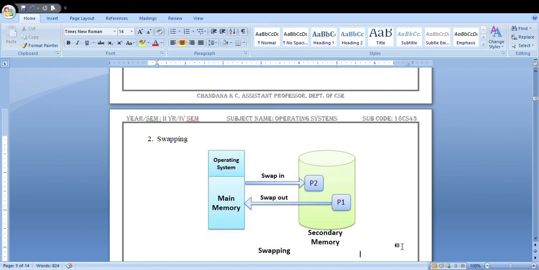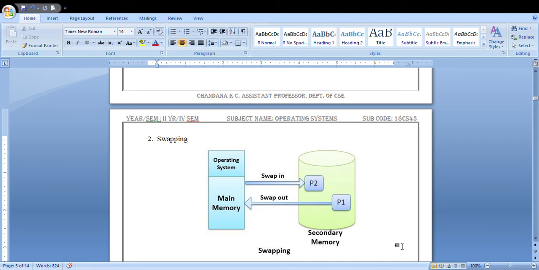Already you learned about the scheduling algorithms. In round robin and priority based CPU scheduling, you make use of the preemptive scheduling algorithm. What do you mean by preemptive? Preemptive is nothing but if any process is executing in the processor, the next process is going to halt or interrupt that process, right? That is your preemptive process. In round robin, based on the time slice, you are going to preempt that process.